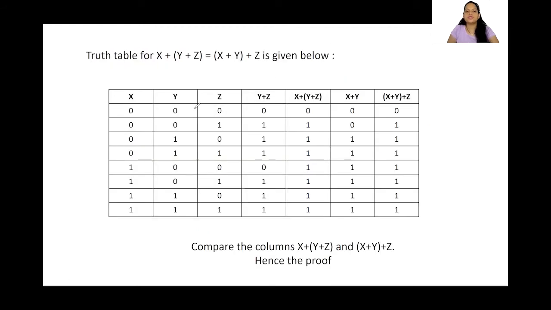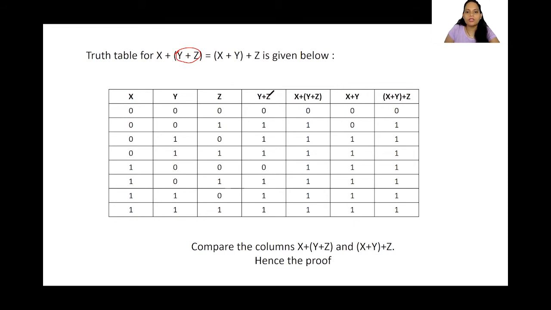To see the truth table here, first we are taking a column for x. Since there are 3 variables, we are going to take 8 combinations, so there are going to be 8 rows. So x value, y value, z value. I have already taught this in the truth table session, so please go ahead and watch that if you don't know how to write a truth table. First let us take what is inside the bracket, which is y plus z.